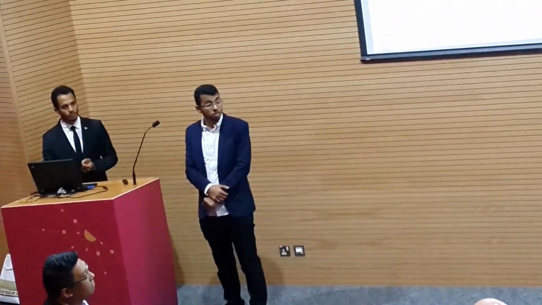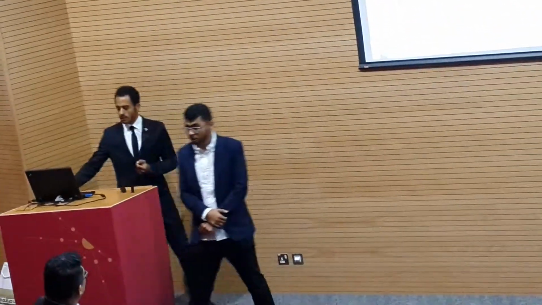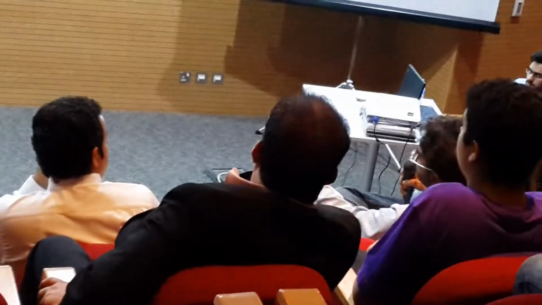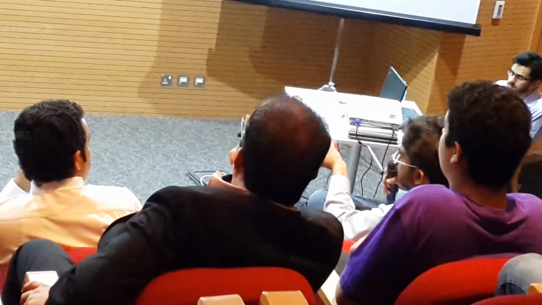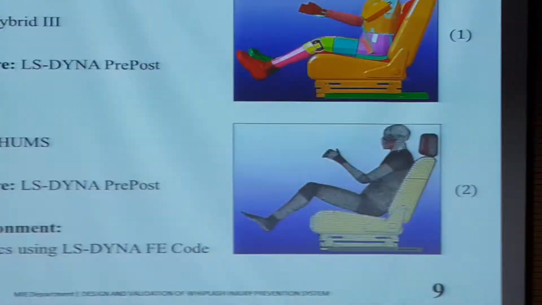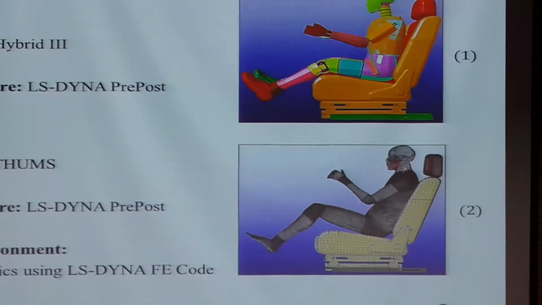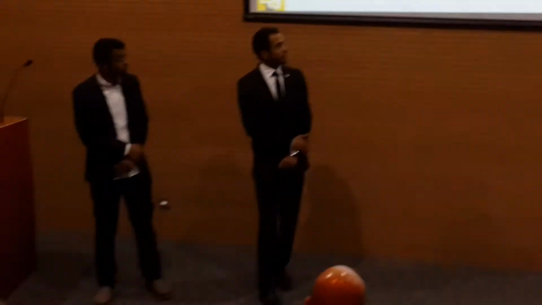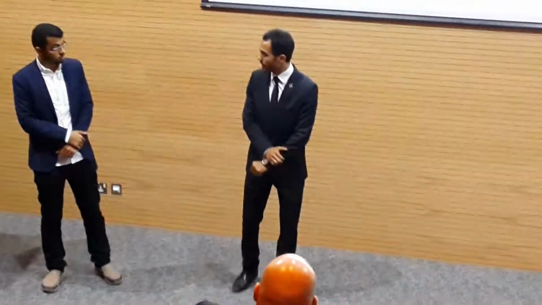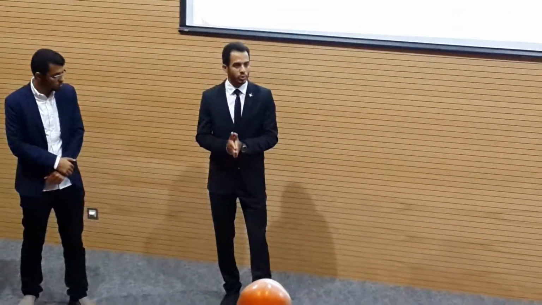I'm just curious how you are plotting these graphs, from where you were getting the values. And the second question is the subsequent question. When you are running your simulations, you were using finite element analysis, right? Were you performing finite element analysis on the sliding component and the seat separately or together? Okay. First of all, for the graphs, we obtain the results from the Elsteiner pre-post software in